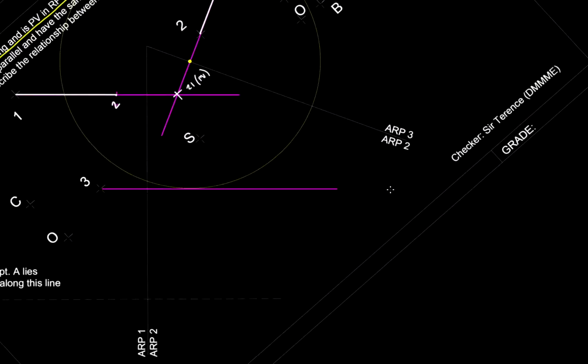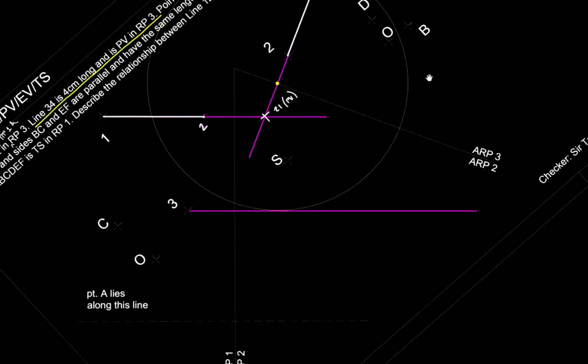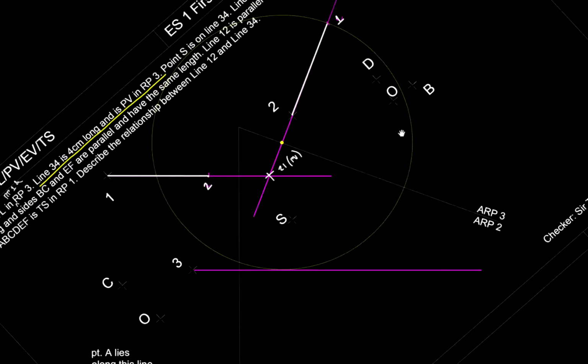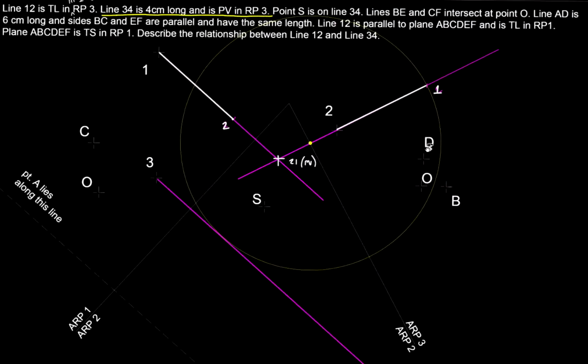So point 3 here. Then we have no other information, no? Is there anything else? Point 4. But we know that point S. Then the next instruction is point S is on line 3, 4. Okay? So if point S is on line 3, 4, then this should be in between point 3 and point